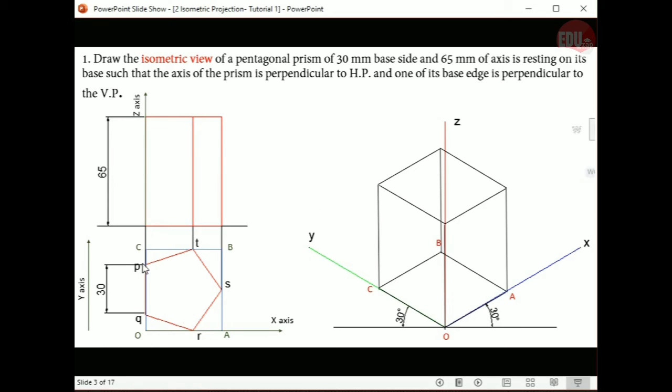Then point P is on OC, isn't it? So you have to take OP in the divider, that you have to mark on the OC line. So you need to mark P on this line. Take this distance in the compass. Okay, take this distance in the compass, you can mark point P. Similarly, take this distance in the compass or divider, you can mark point Q.